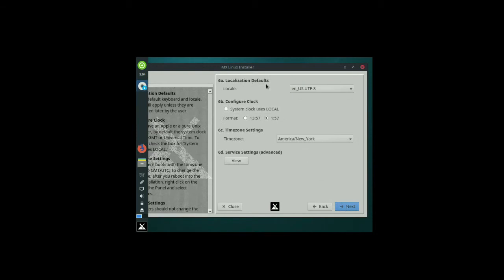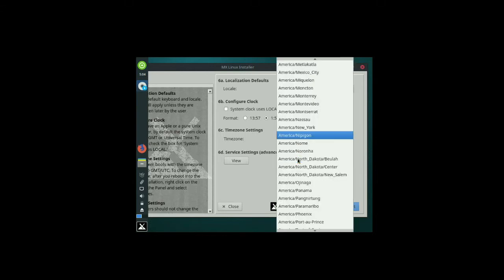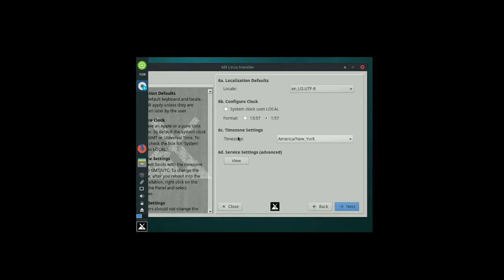So location default and system clock. If you want a clock format like 24 hours, then click on the first one, and if you want 12 o'clock like AM PM, then select the second option. And the third one is time zone setting. So the time zone setting, click here and select your region. So I don't want to select because I'm installing on default. So click on next